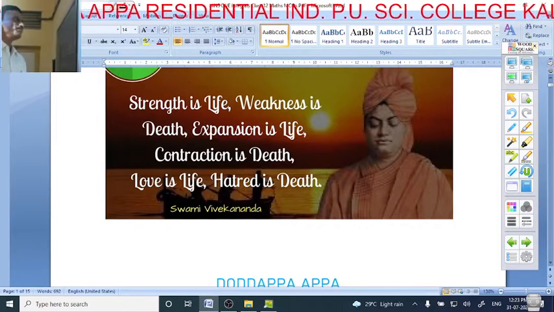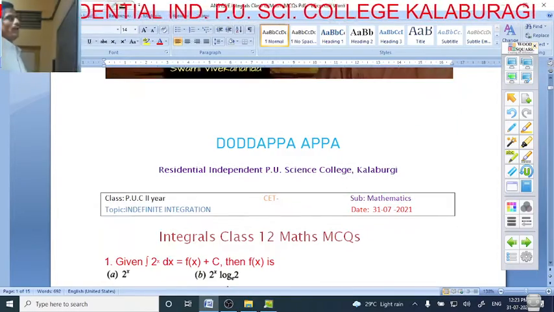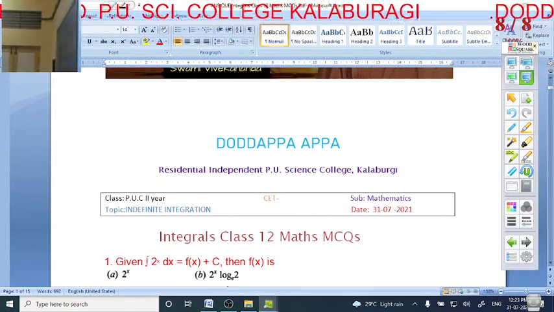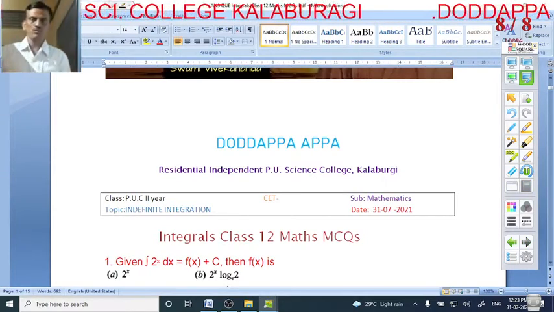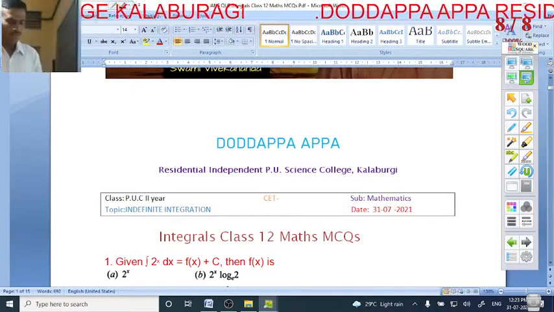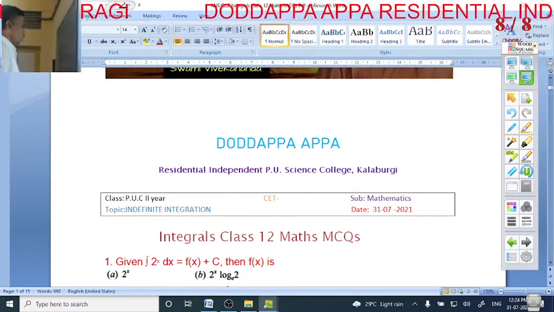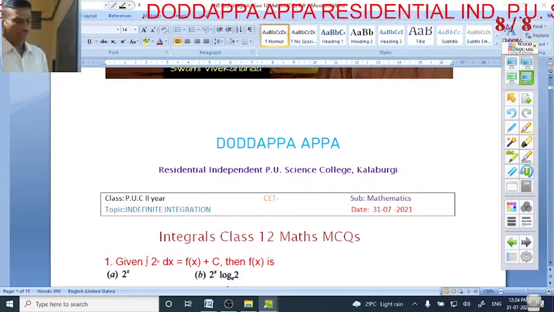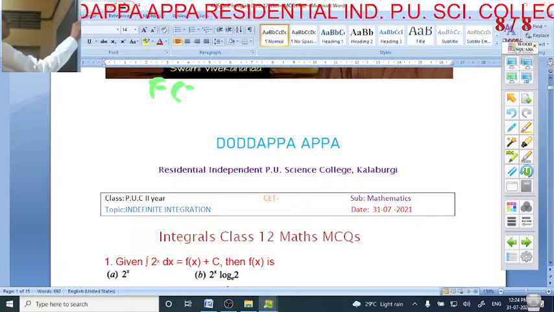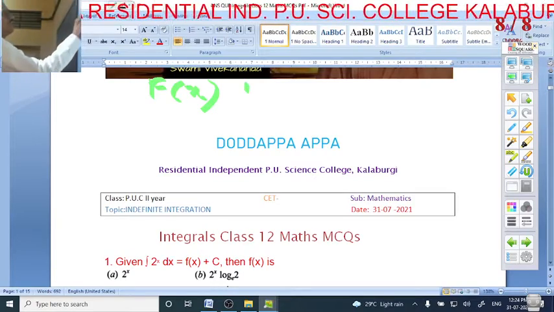Now in case of indefinite integration, as we discussed yesterday, integration is the inverse process of differentiation, that is, the process of finding a function whose differential coefficient is known is called integration. If the differential coefficient of capital F of x